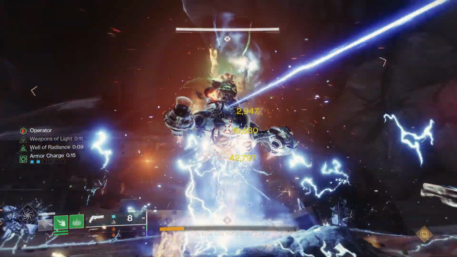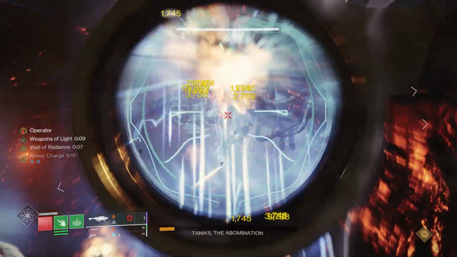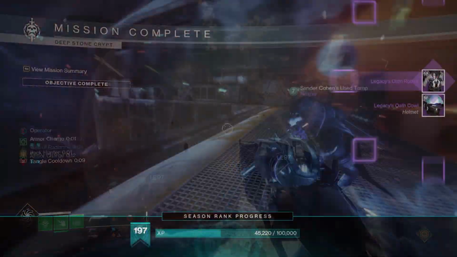Reactivating Bait and Switch should give you enough time to load 2 rockets with Reconstruction, and by the end, should result in some pretty high